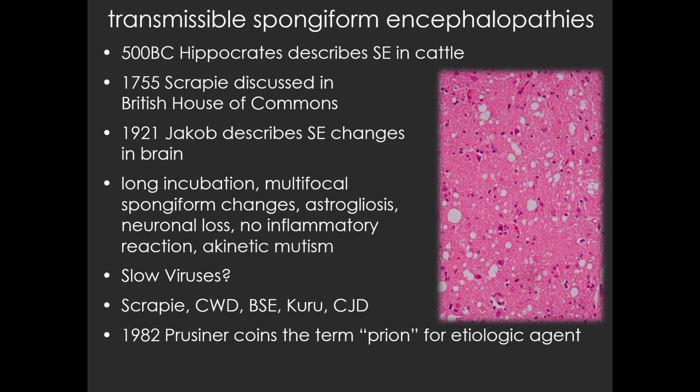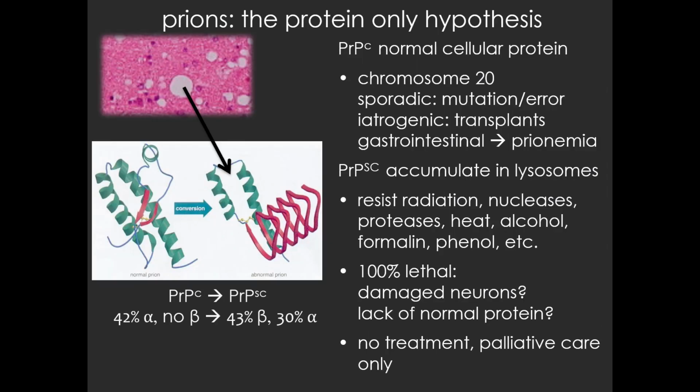Still, nobody knew what was causing this disease until 1982, when a researcher, I don't remember his first name, last name, Prusiner, coined the term prion for the etiologic agent and said, I think it's a protein, which blew everybody's mind, because how do you have a protein which is capable of causing disease? So this protein-only hypothesis met with lots of disdain. Nobody really thought that that was what was going on, but people started studying it, and it turns out that